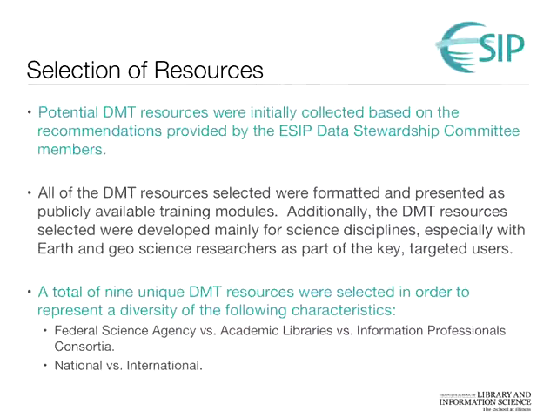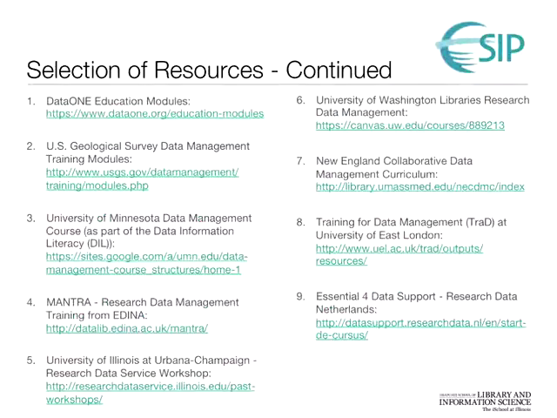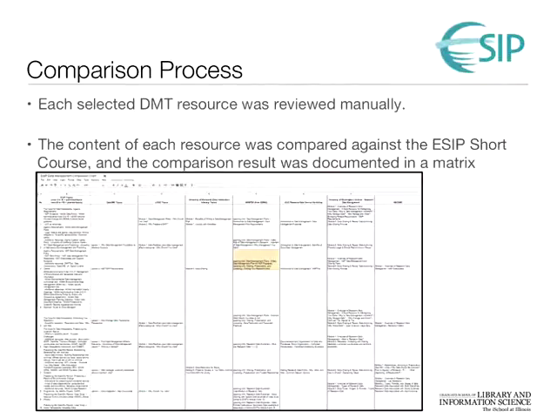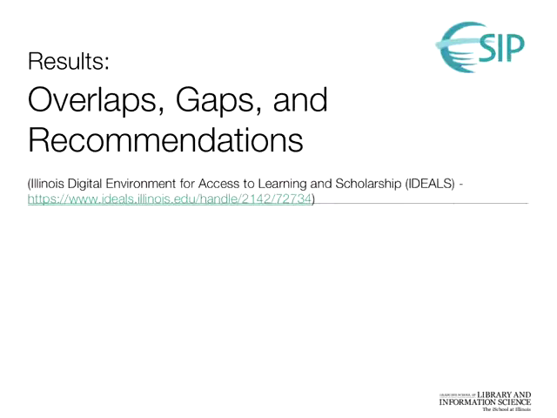At the end, a total of 9 resources were chosen for the comparison, and I have listed their titles and links on the slide. With these 9 resources, I went through all the training from the resources, and as a result, I was able to note the overlaps and the differences in the training topics using a matrix format. The result of this phase of the project is deposited with IDEALS and can be accessed using the handles shown